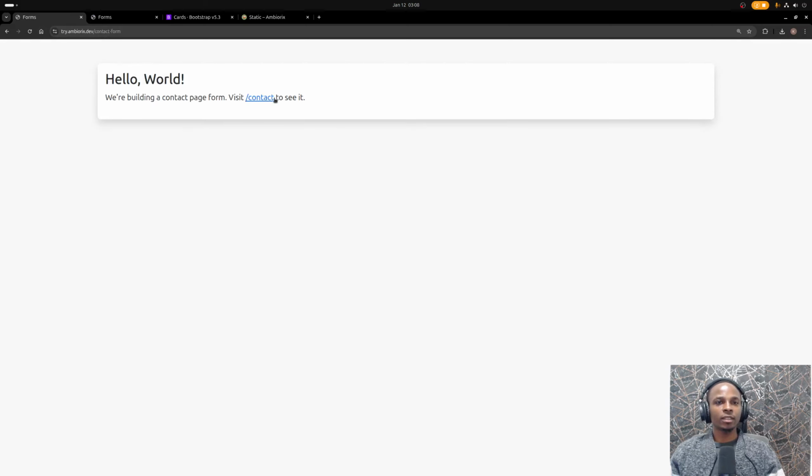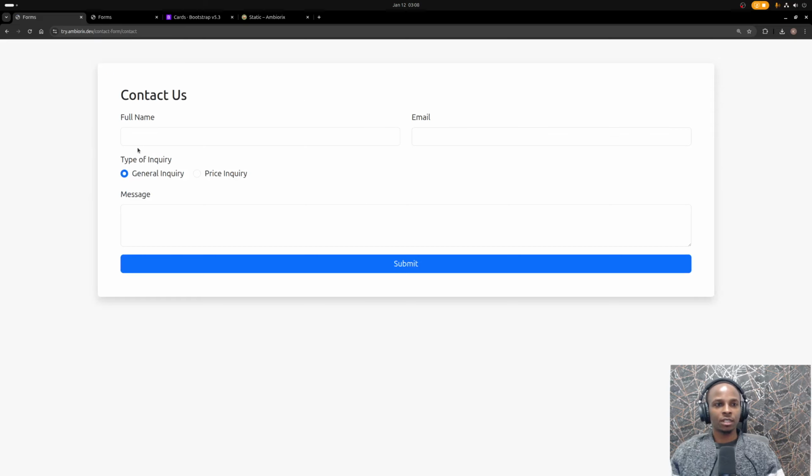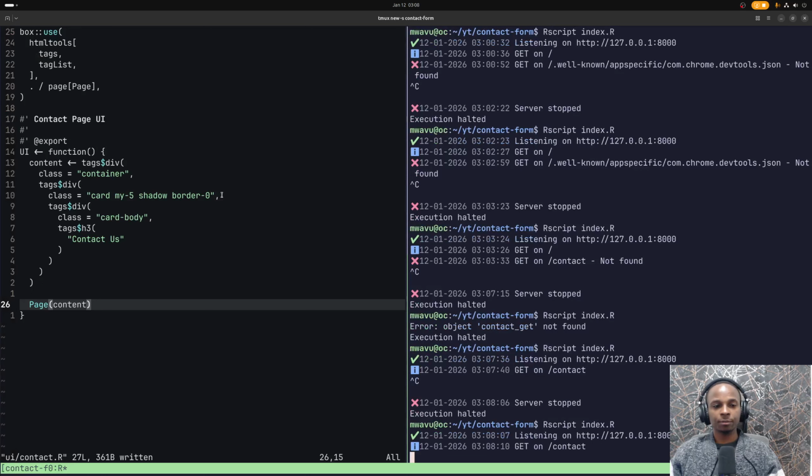Okay, so in this card we need 3 inputs. We need the full name, the email, or actually it's 4: the full name, the email, the type of inquiry, and the message. Now for the full name and the email, these are text inputs, only that the difference is one is of type text and the other is of type email. So we are going to create a function called text_input for that. Now text_input is more of a component, so let's have a file inside of UI called